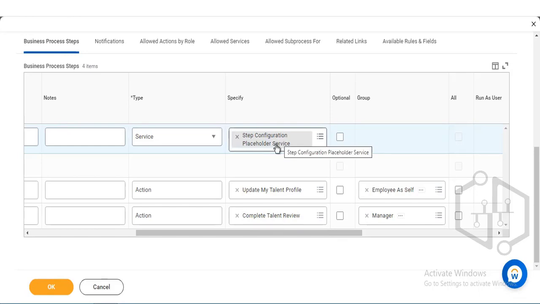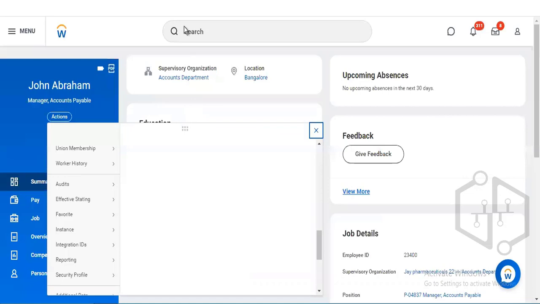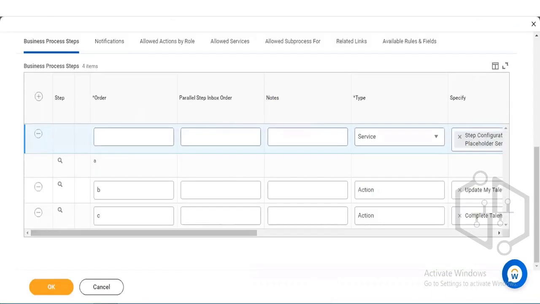But in this scenario, what is happening is the calculated field that I created sometimes gives me the right result, and sometimes it does not give me the correct results. So mainly what we do is, whenever we work on any specific condition rule that we create, we check the step condition. Like for an example, for this worker,